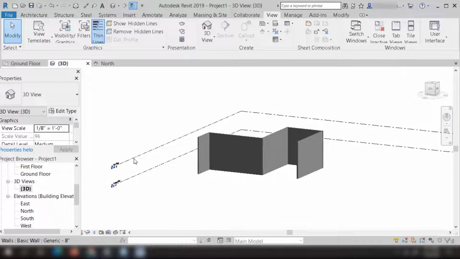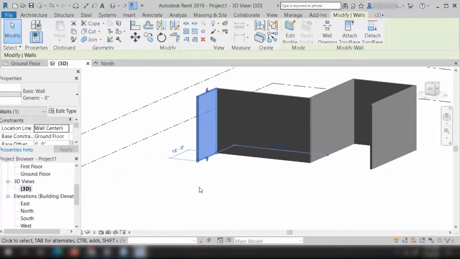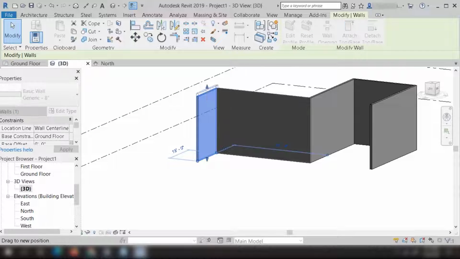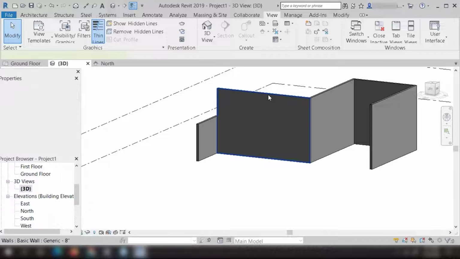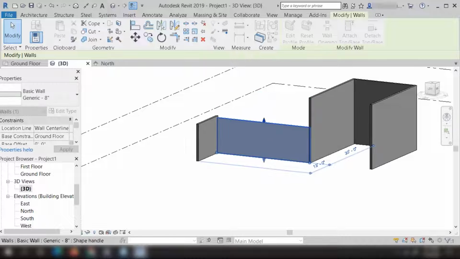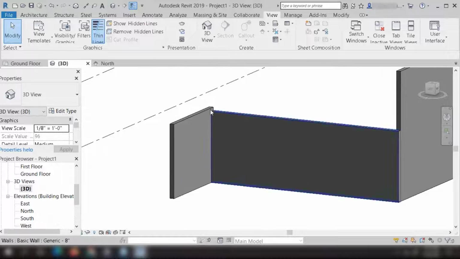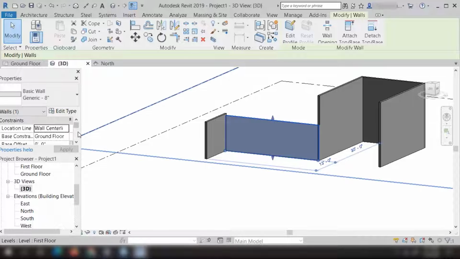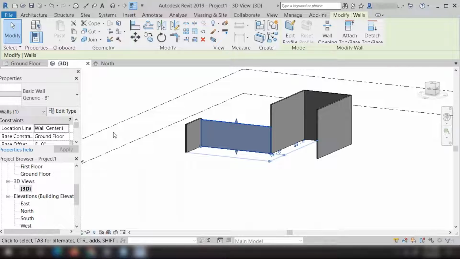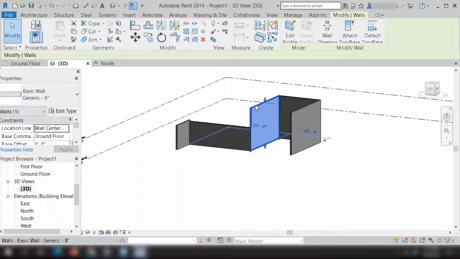So let's suppose you want to align this wall to your level 2. Let's click on any wall. If you click on any wall, you can see the arrow, right? So you need to click on the arrow and drag it like this, right? So that the height of this wall will reduce like this, right? You can click on this wall and drag it like this. Again, if you see here, the distance between these two walls is different and we are not even sure about this distance, how much is this, right? So that is not the way to align it to your level 2, right?